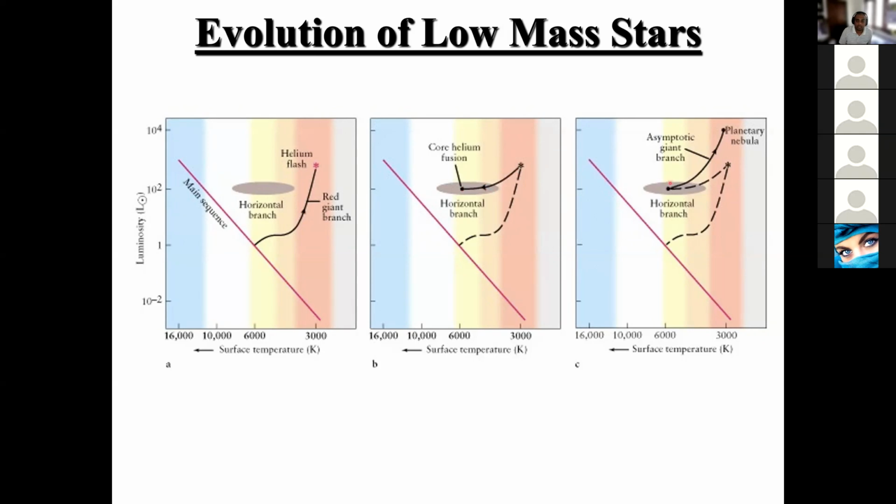So I said that the outer surface area gets expanded, and the size of the star will get larger. Therefore, you will have a higher surface area, and because of that, the luminosity or the brightness of the star will increase, like this. And this is what you call the asymptotic giant branch, right? That means it quickly increases the luminosity. And finally, the star will be at this particular point. And at this point, what will happen is,